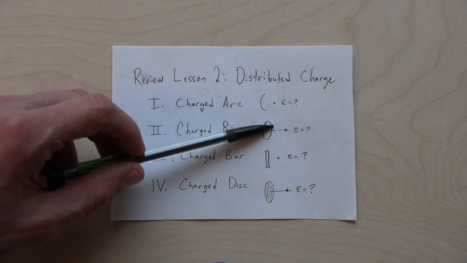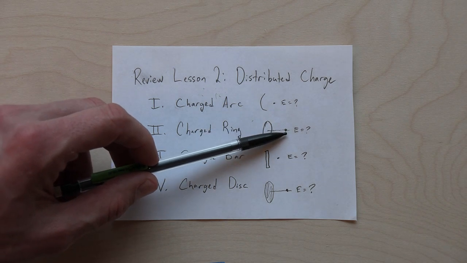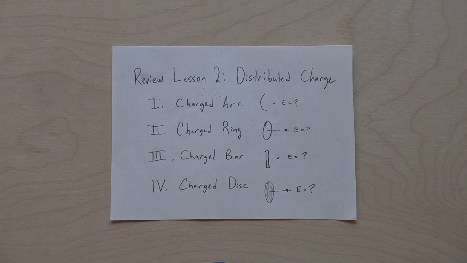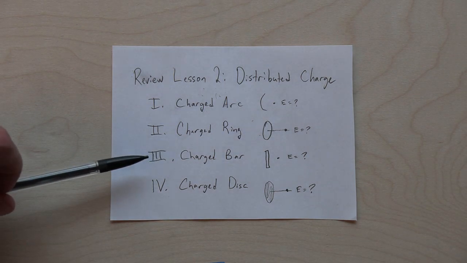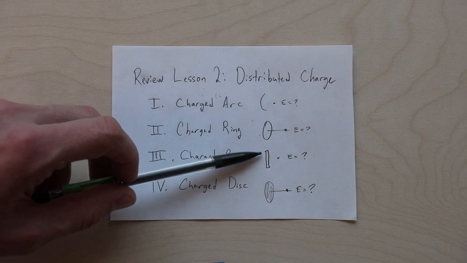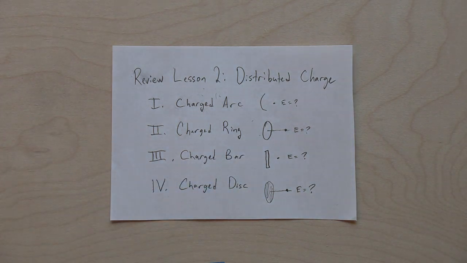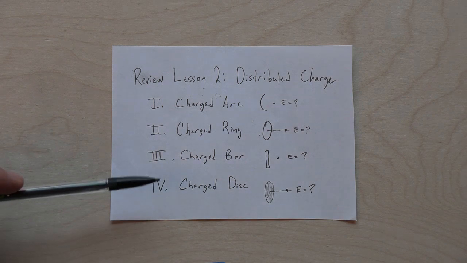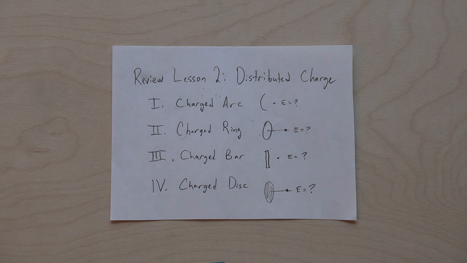Now we've got a complete circle of charge, and we want to find the electric field along the axis that passes right through the center of the ring. We're also going to find the electric field of a charged bar, a straight bar, as opposed to a curved bar, an arc, and then also the electric field caused by a charged disk. So remember, four ideas of